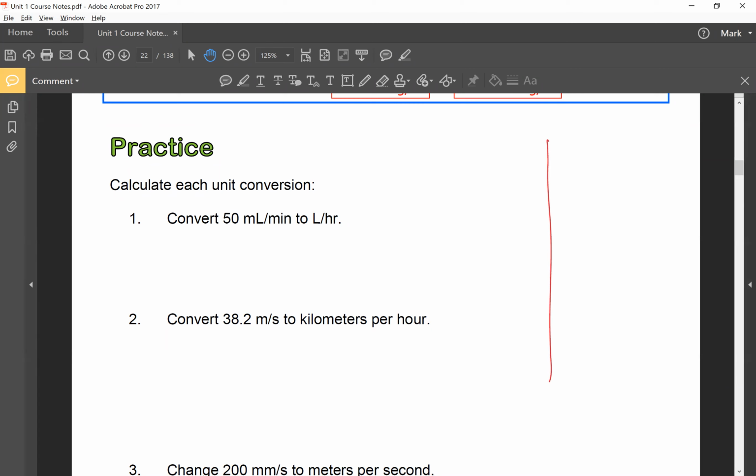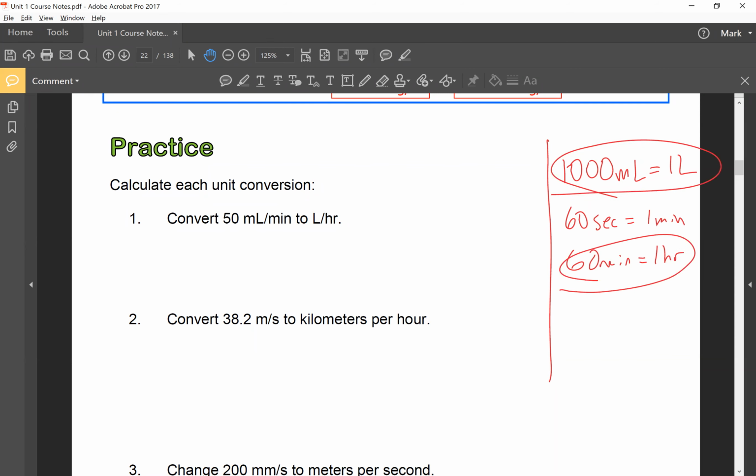Before I do this question, there's a couple things I need to know. First thing is that there's 1,000 milliliters in 1 liter. And the second thing is that there's 60 seconds in 1 minute. That really doesn't matter for this question, but I do know that there's 60 minutes in 1 hour. So I'm going to use these two to help me convert. 50